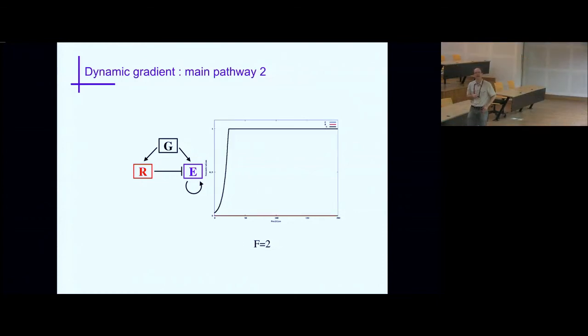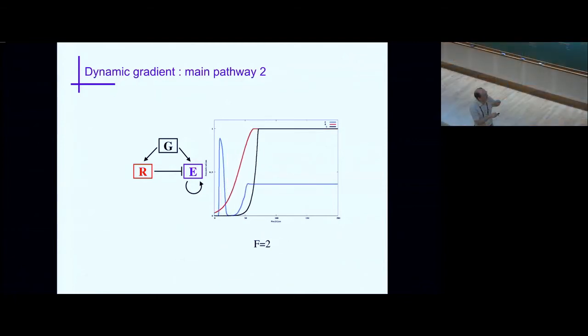Okay, so let's go back. Everything is happening in the beginning, so focus on the beginning. E is up, R is on, but then R was on slightly later, so that you still have this region where E was active, but then R was turning on. R turns on and represses E, and now you have one stripe. Okay? So that's a very simple network.